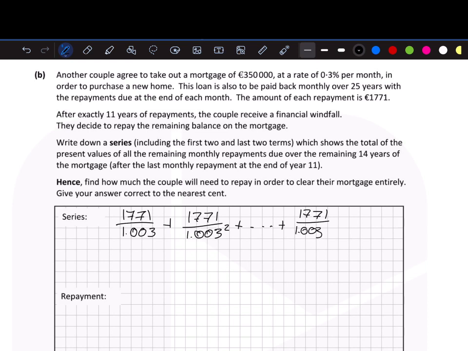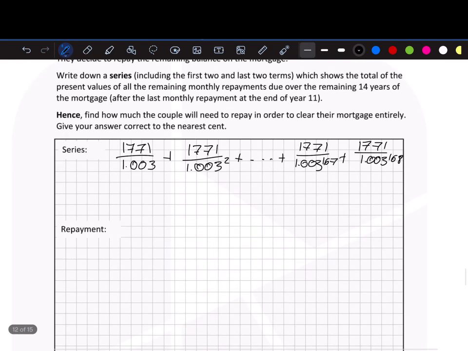And this is going to be to the 167, plus the final one to the 168. Where does that come from? Well, that's the number of years times the number of months that they're actually in this for. So we know that the sum up to 168 is going to be equal to A, which is the first term,